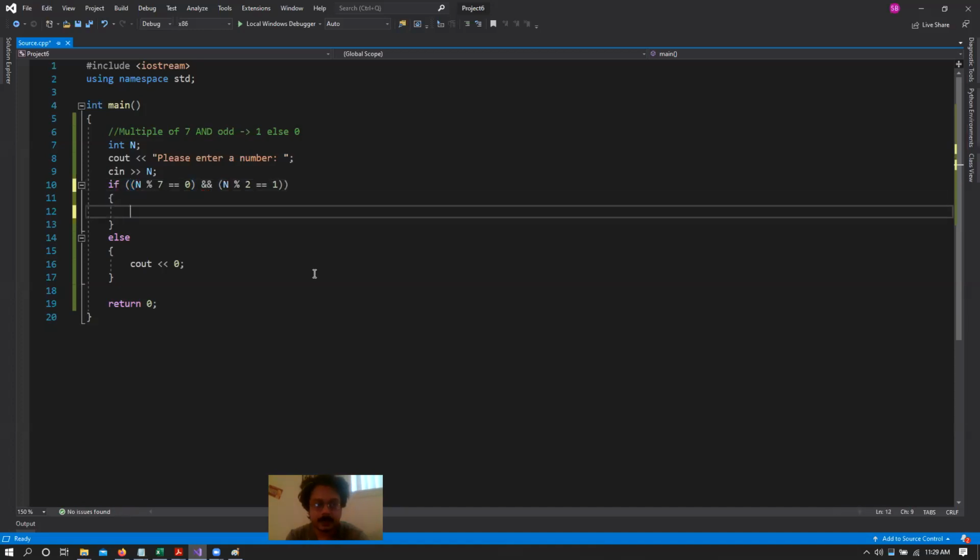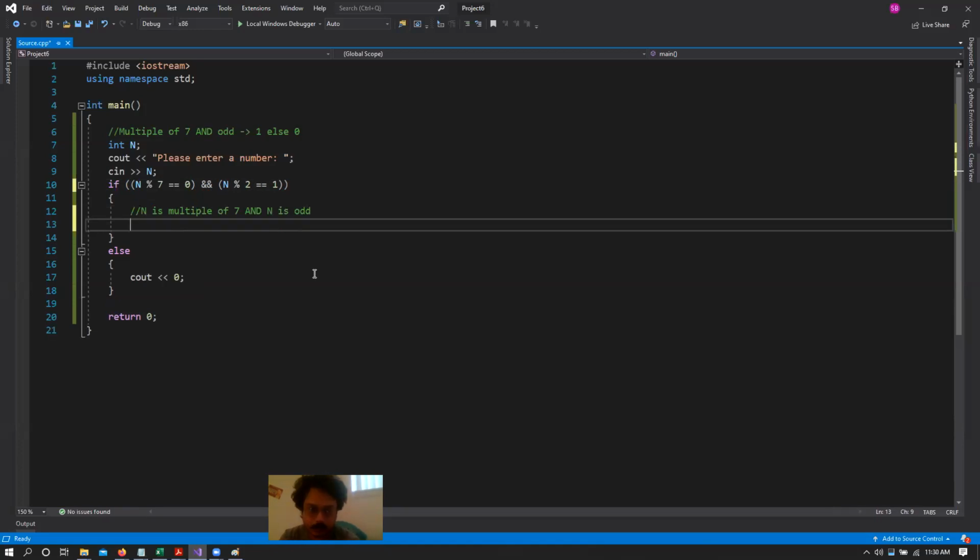Now, this AND operator basically means those truth table AND operators, right? So we are basically merging these two together. And now we basically have this entire larger condition where this if condition is true only if n is a multiple of 7 and n is odd, right? Okay, so in this scenario, I can just have a cout statement with a 1,